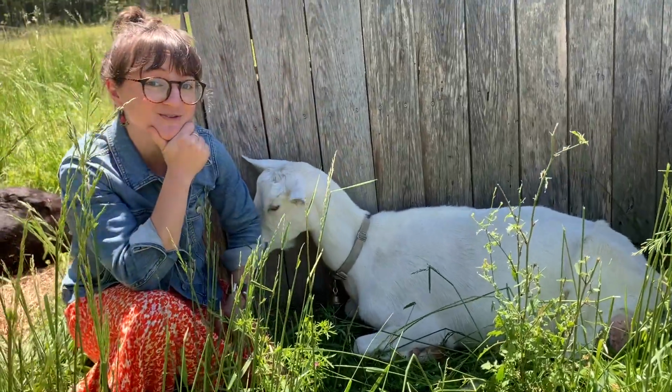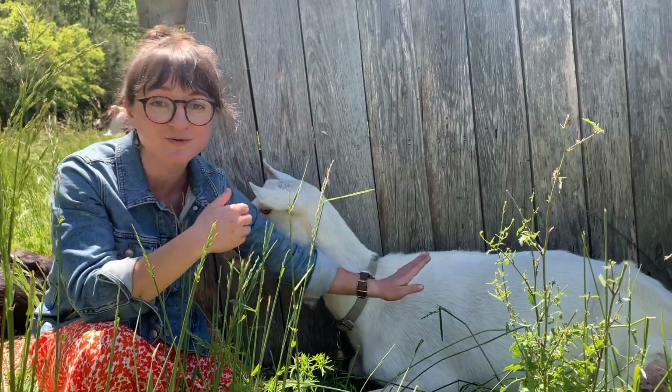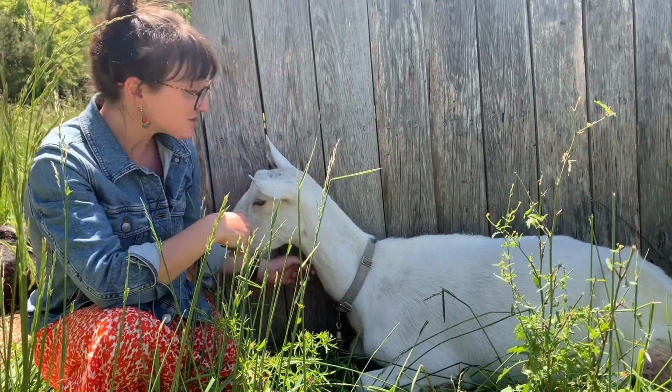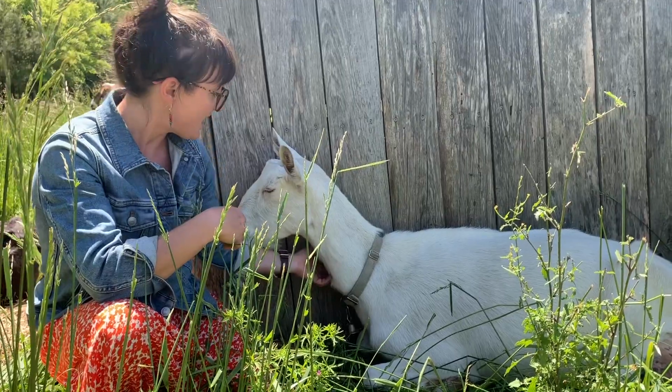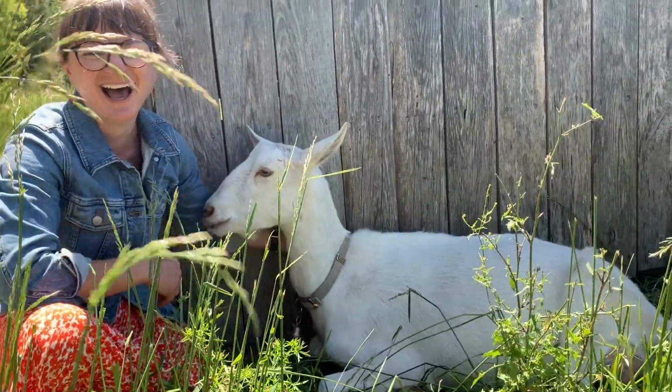So what part of the world do you think they're from? That's right, they're from Switzerland. So she's also a Swiss breed. So also used to those colder climates, which is why she has those smaller ears. Saanens are known for having...